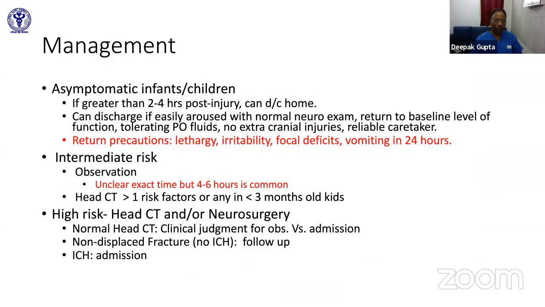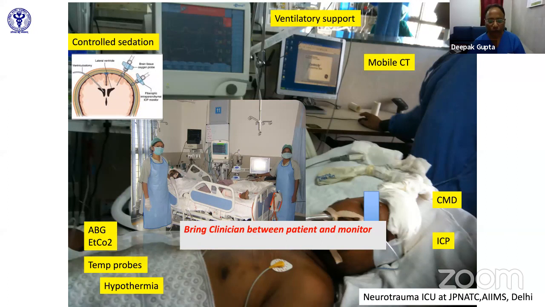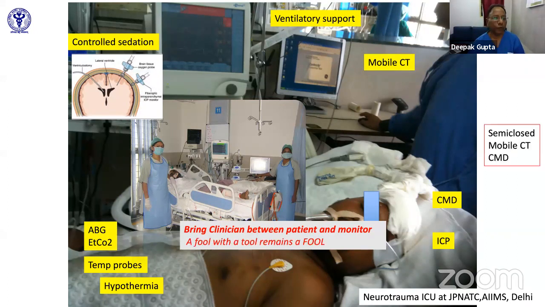And the only message which I want to give to the younger audience is that they should always bring a clinician between the patient and the monitor. Do use your clinical acumen before offering treatment to this group of patients, because a fool with a tool remains a fool. So to summarize,